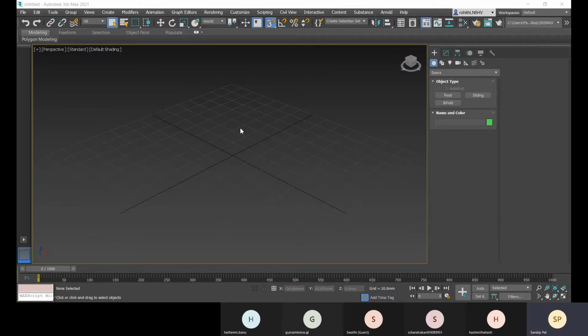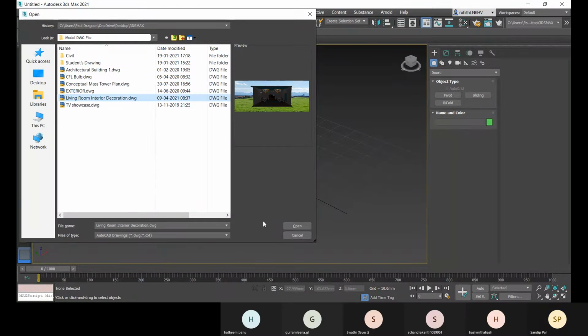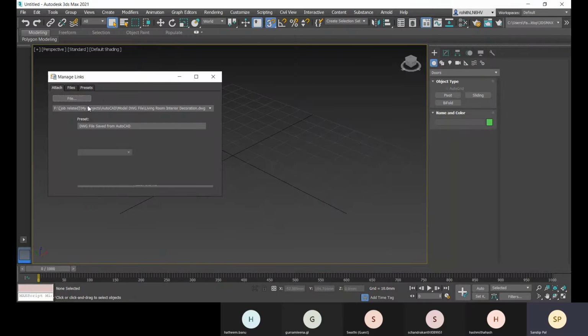Let me find out the file. Okay, file, then go to this link AutoCAD, and here let me open up. And this is the file. This is the AutoCAD 3D file.